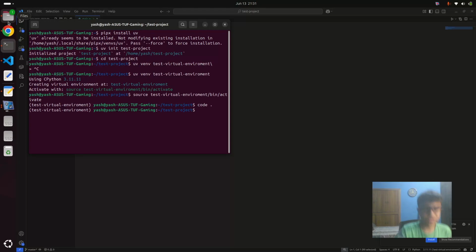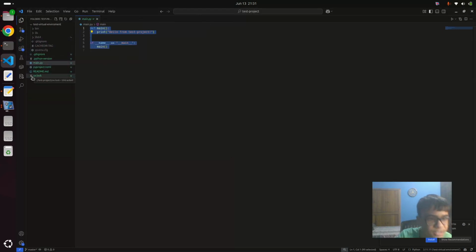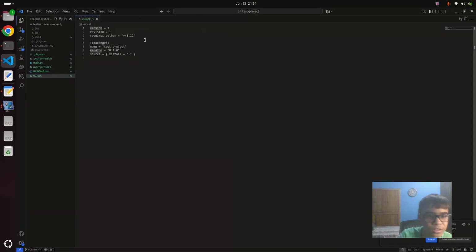Now let me show you how to install dependencies in it. Yeah. So uv lock, this command creates a file called uv.lock, which actually has all the dependencies in it. See, it has created this extra file called uv.lock, and these are the packages and dependencies which it has.